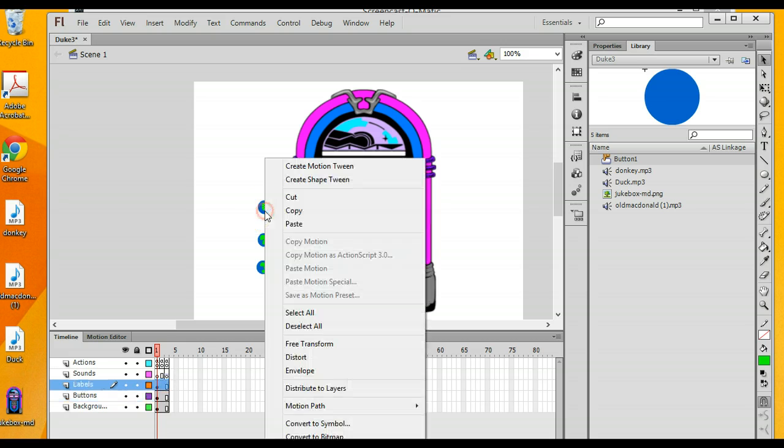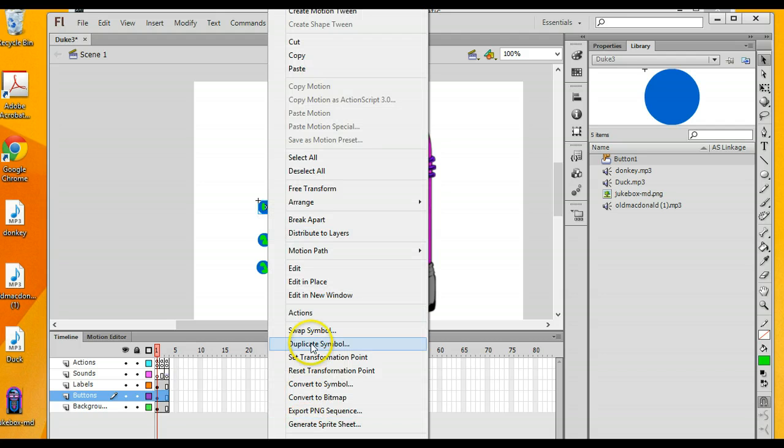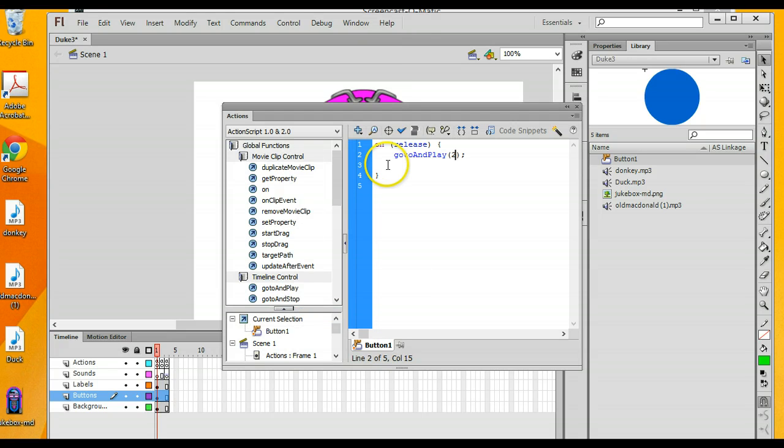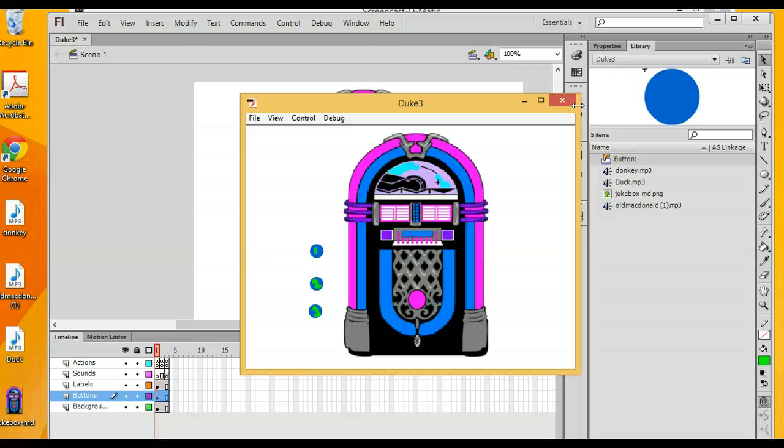So if I just show you that again, back to the buttons layer, sorry, and my action scripting. It's got my on release, go and play 2. Let's test it out now. So my buttons light up. If I press 1,